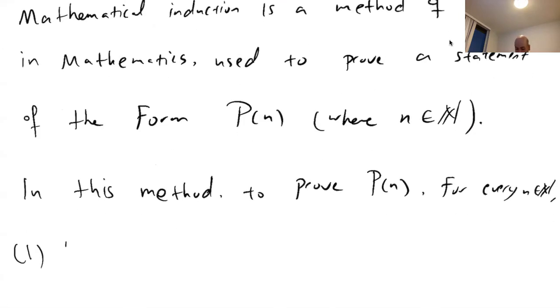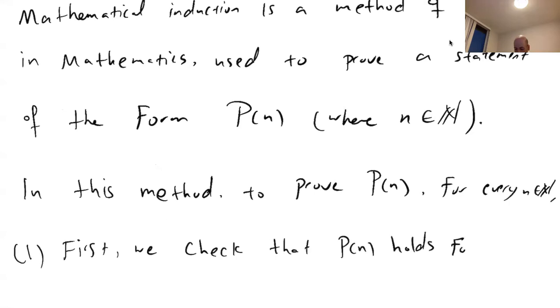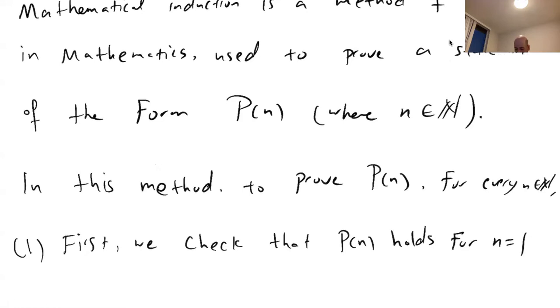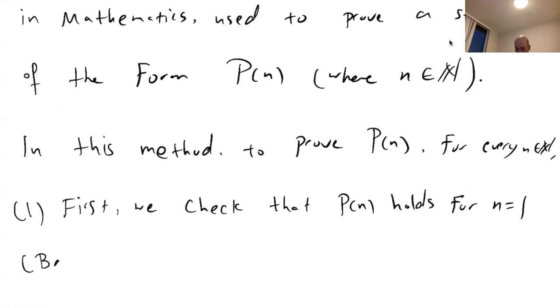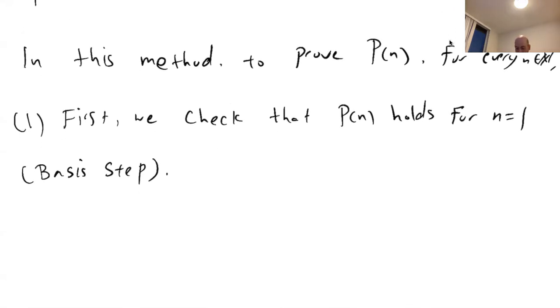So number one, first, we check that P of n holds for n equals 1. So this is called the basis step. Basis step. And second, next, we assume that P of n holds for n equals k,